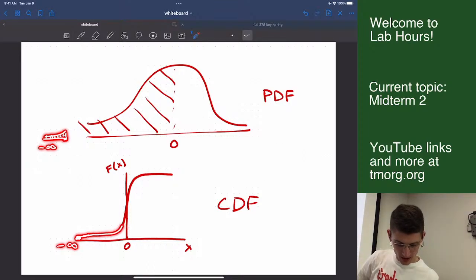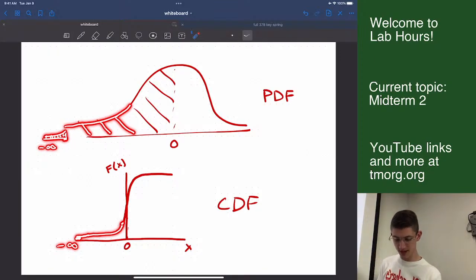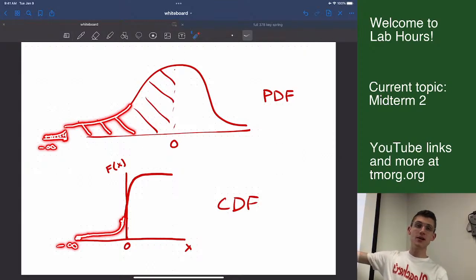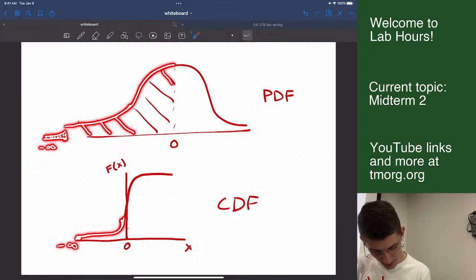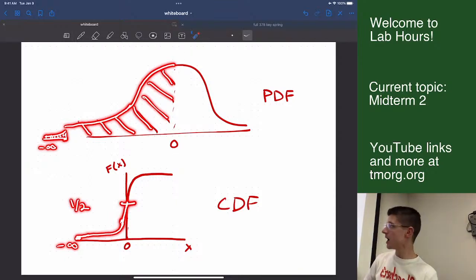But then I start to get up into here, right? And now I've definitely added up some probability. I've probably added up a decent fraction of the probability. And in fact, if the bell curve is symmetric at 0, once I get to 0, and I've added all of that up, I'm going to be at exactly 1/2 of all of the possible probabilities,